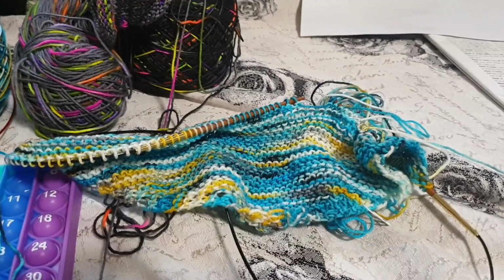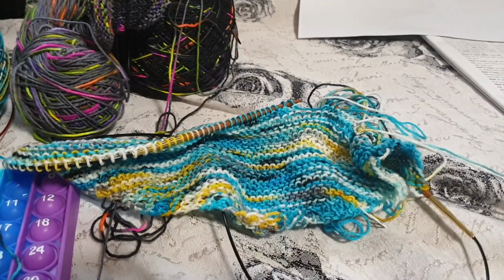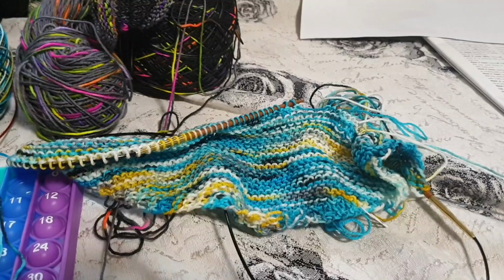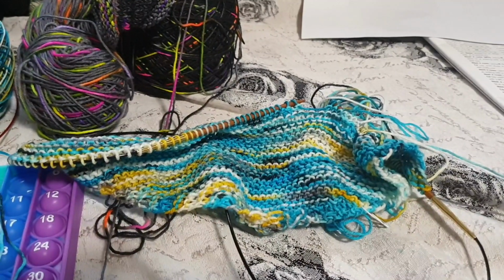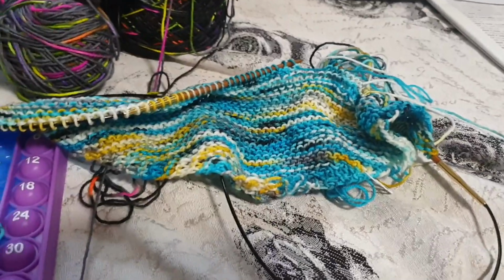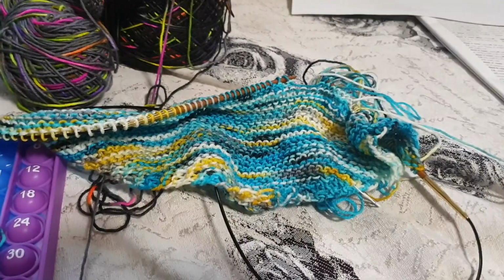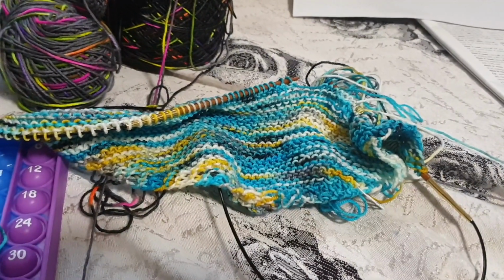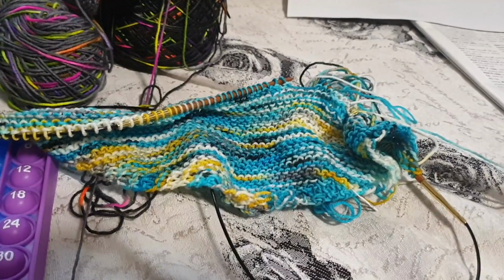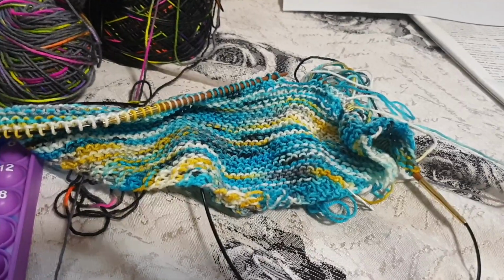One thing I do find that I sort of faff around with is deciding. I love all my yarn. I don't have an extensive shop of yarns to choose from, but the ones that I do, I love so much. And just finding the right pattern. Sometimes it takes 3 or 4 goes at different patterns just to decide this is what I'm going to do with it. And so